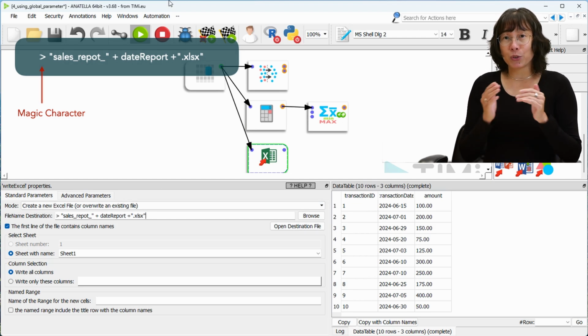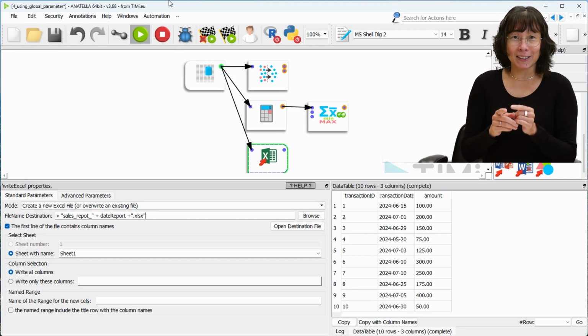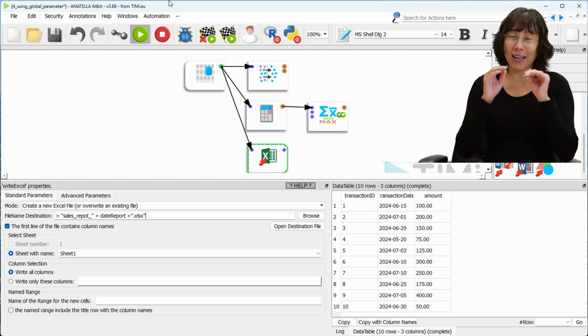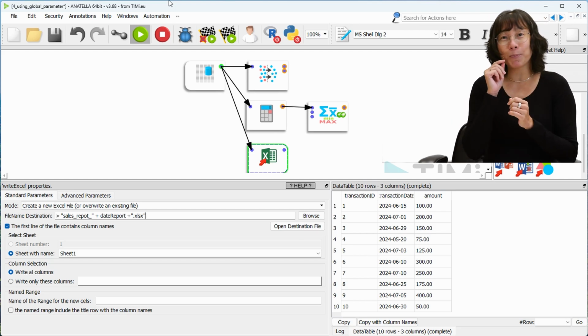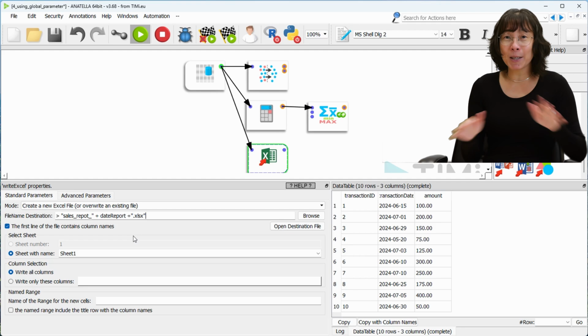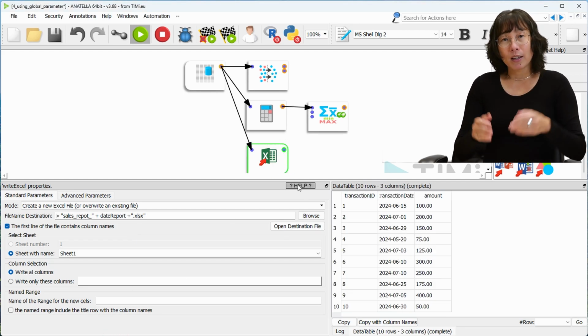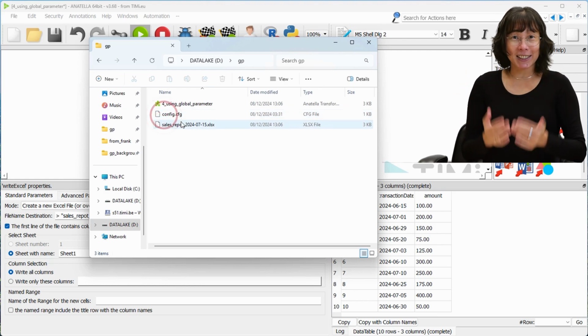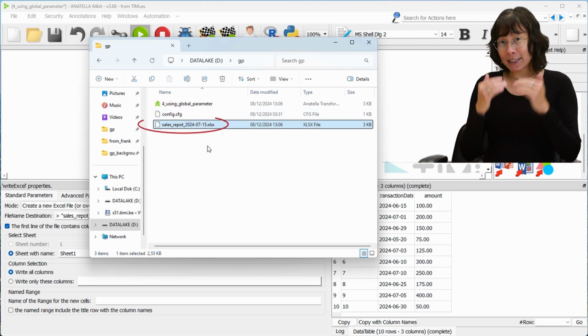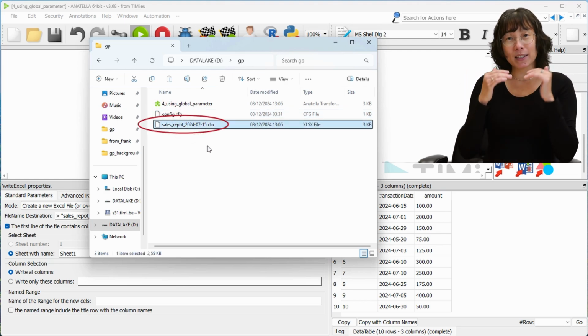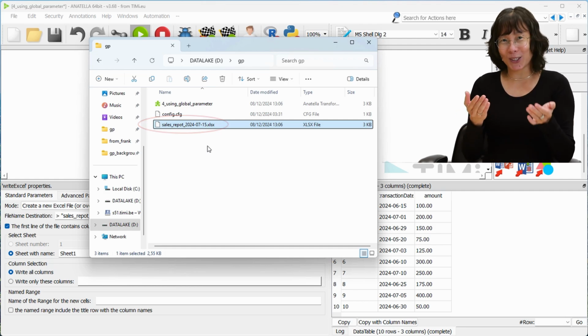It is important to remember that this magic character can be used almost anywhere in Anatella, making it possible to make nearly any parameter in any box dynamic. Now, let's check the generated file. You should see that the date report parameter has been successfully incorporated into the file name.